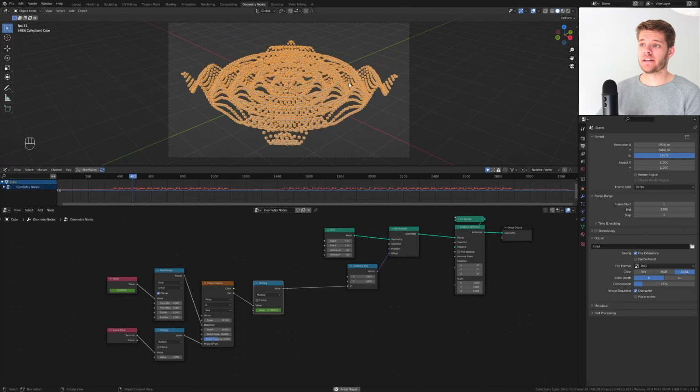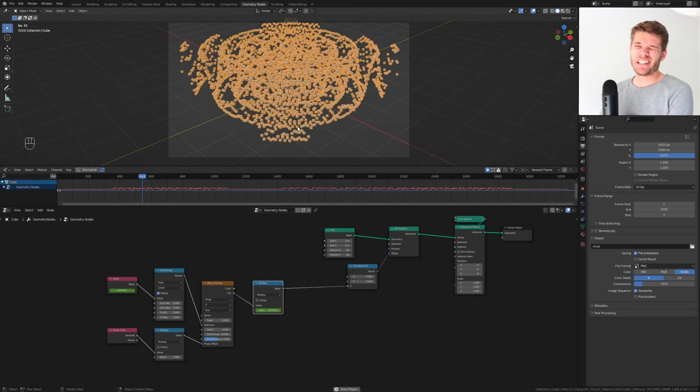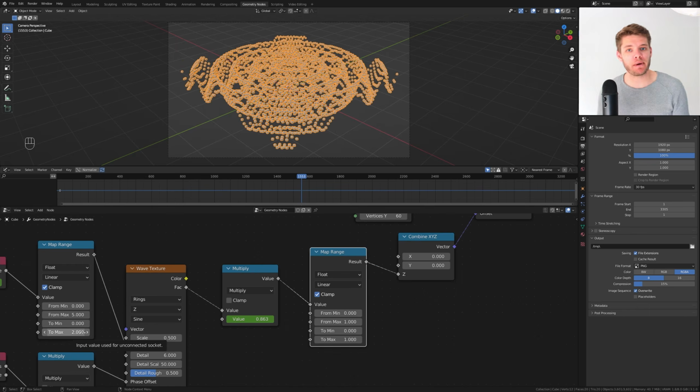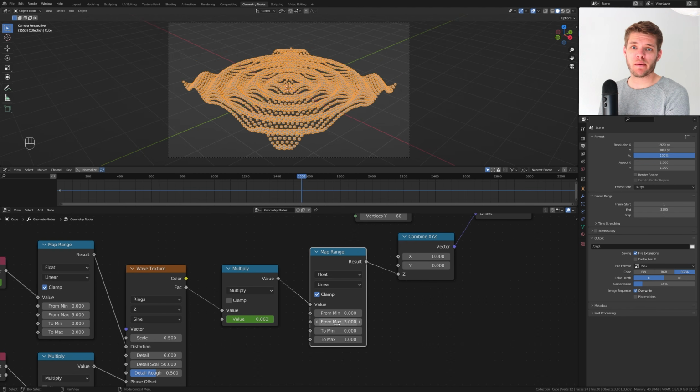And I think that's looking very, very good already, but it's a tad strong. So I'm going to control the effect overall by adding in another map range. So by plugging in another map range, we have control over the overall output of our wave texture. So I'm going to change this to be about 3 on the from max, sort of drastically limiting,